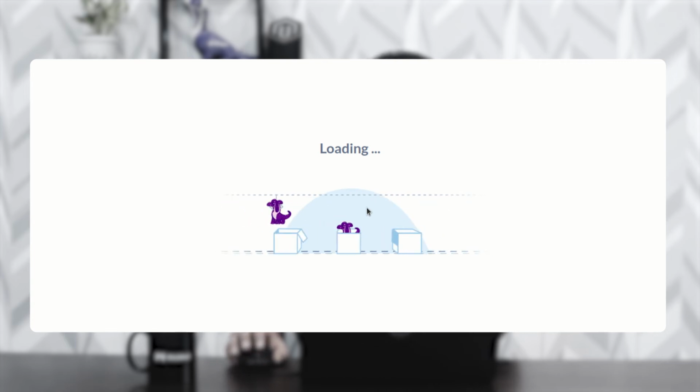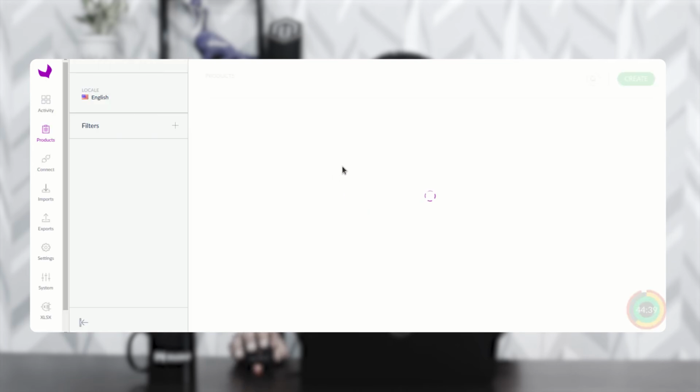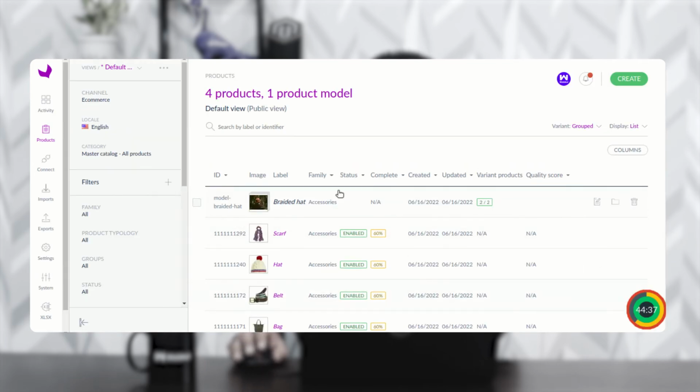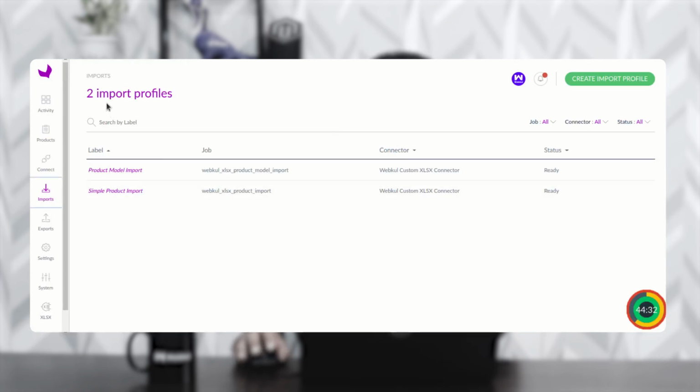So this is just taking a bit of time there. So let the product page come up once again. So you can see now the product is not there. Now what I'll do is I'll go to the import section, and here within the import section you can see